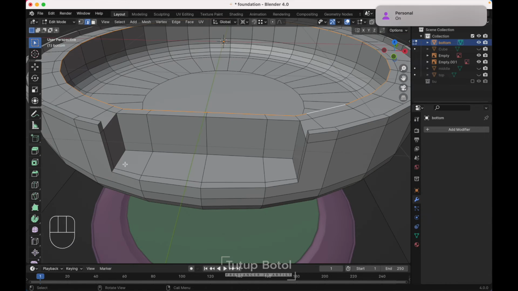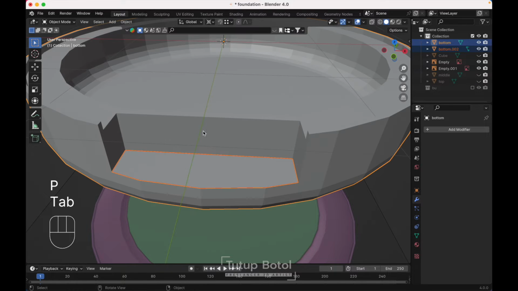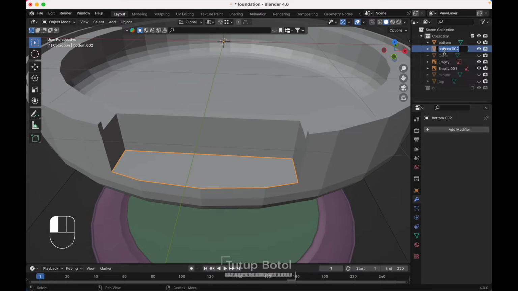Okay, go to the face mode by pressing 3 on your keyboard, select this face, all of this face, click, click, click, Shift D to duplicate it, press P, selection to separate them, tab to the object mode, click this object, just name it maybe lock,